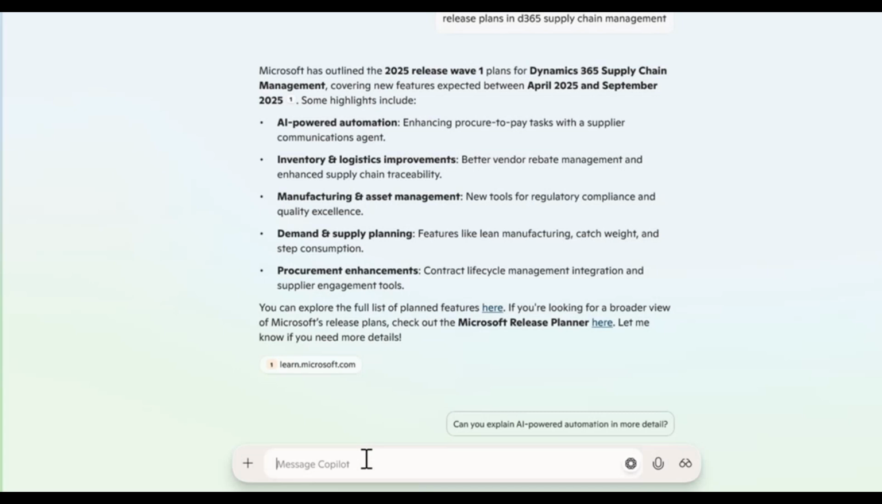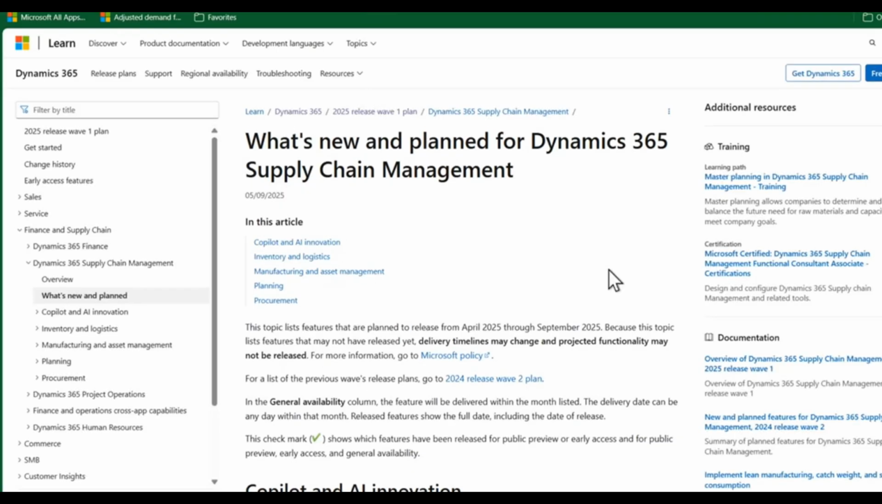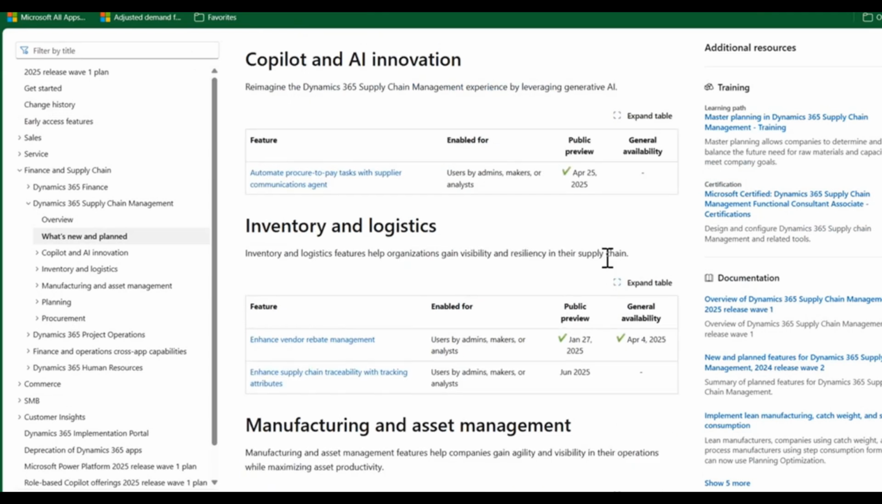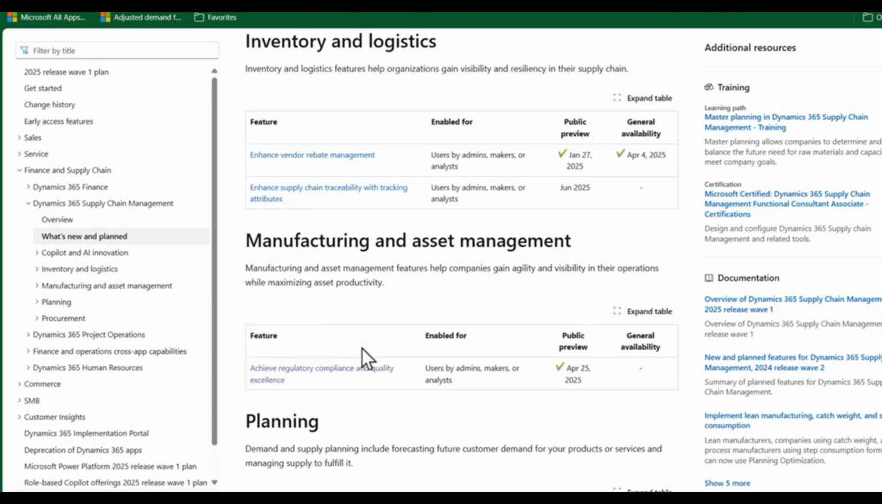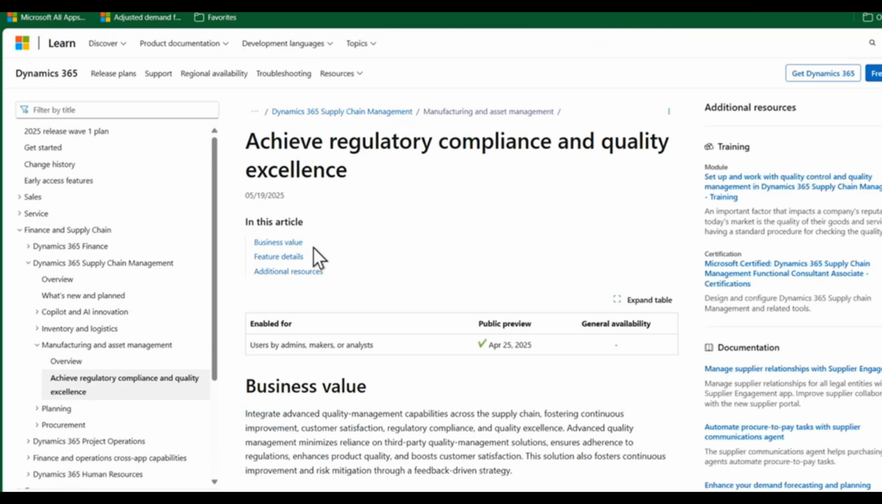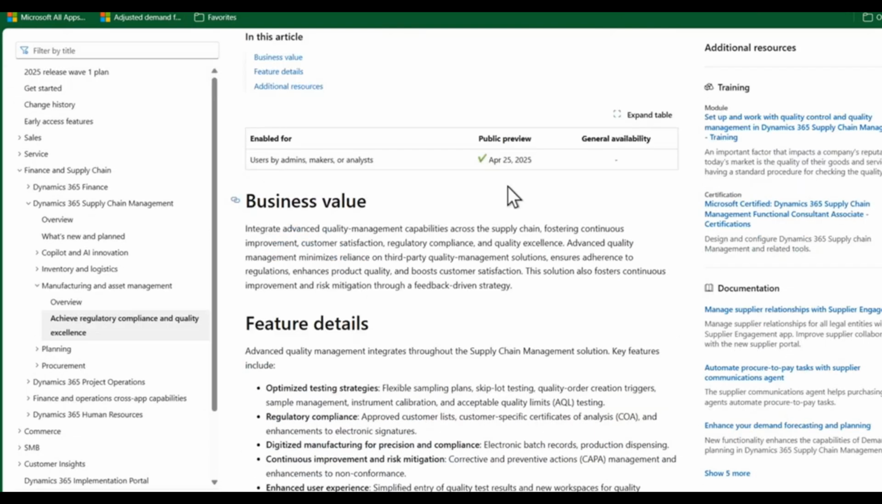So really great. We can explore the full list of planned features here, which takes us to Microsoft Learn. What's new and planned for D365 supply chain management. Continuing with the letter R, we can see rebate management. Enhanced vendor rebate management is a new feature included in 10.0.44. We can also see regulatory compliance and quality excellence, another R letter for version 10.0.44, now in public preview